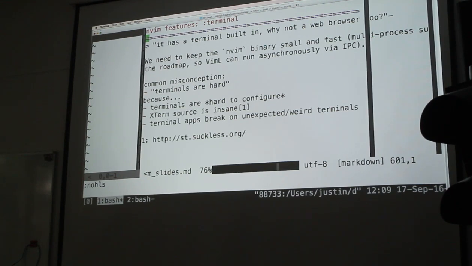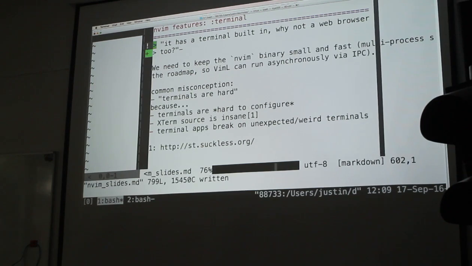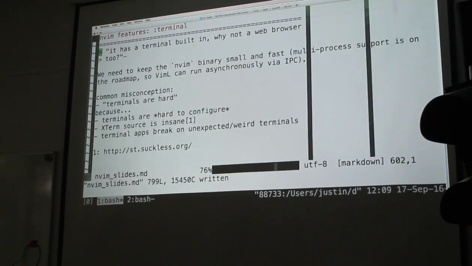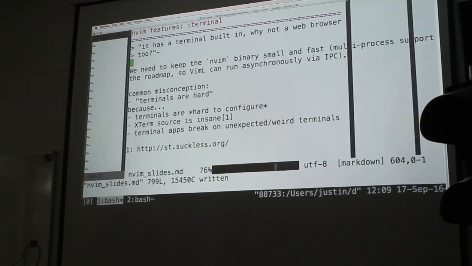Terminal. So some people wonder, what's the point of the terminal? I've become convinced that terminals in the year 2016 should be a standard component. Now, they're like a primitive. Even in POSIX, you have PTY, which itself is sort of a primitive. It's a primitive that the operating system gives you.